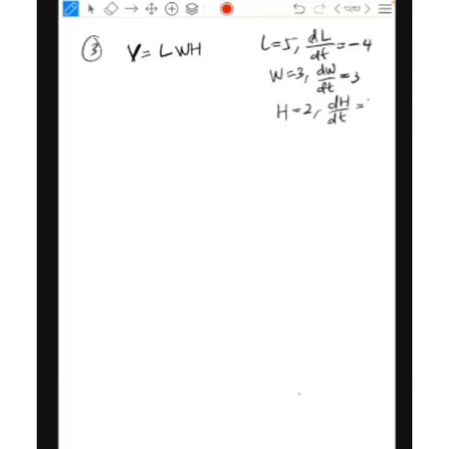4, 3, 1, 5, 3, 2. Okay. So at what rate is the volume of the box changing? So the question asks us to find